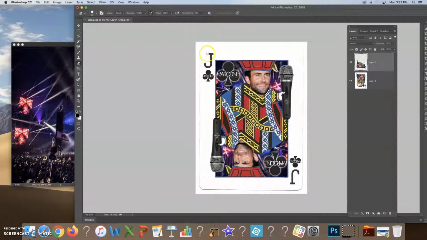One last thing I can mention is that if you wanted to change the font, again, you can just go with the clone stamp tool, get rid of the J, and you can replace it with whatever letter you want, the A, or an M for Maroon 5,